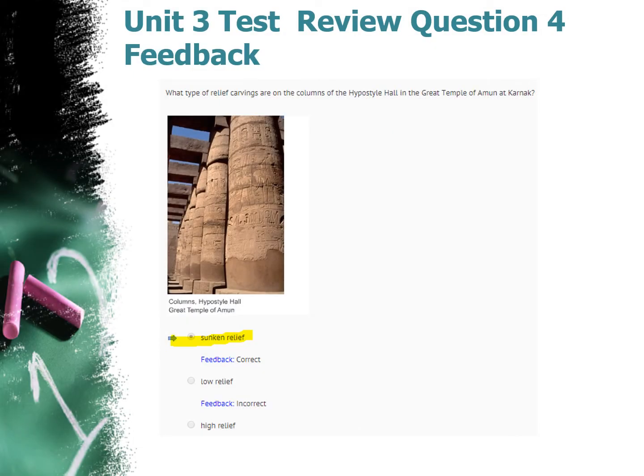Okay, the correct answer is sunken relief. So if you look at the picture, you can see that this is actually carved into the column, which would make it a sunken relief, right? Okay, I think y'all are going to do really well on this test. Next,